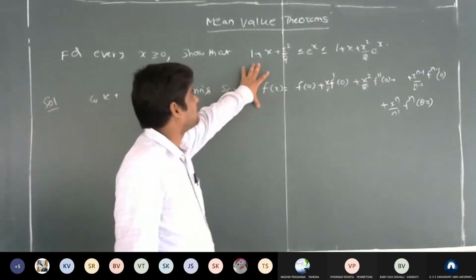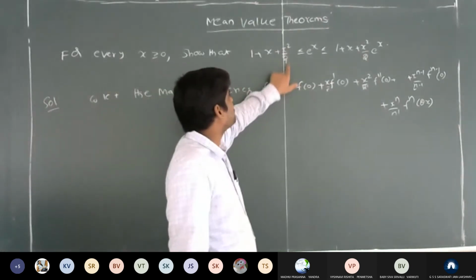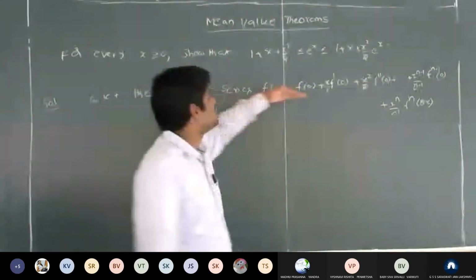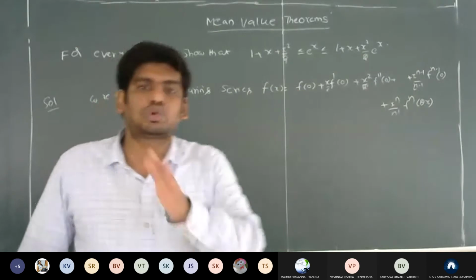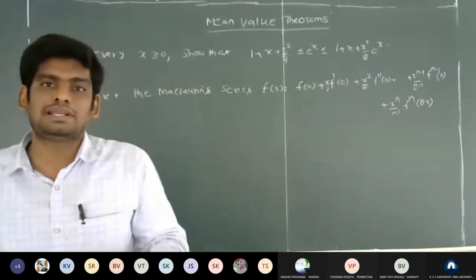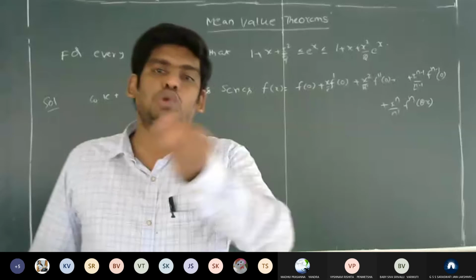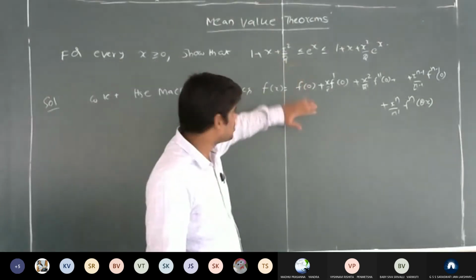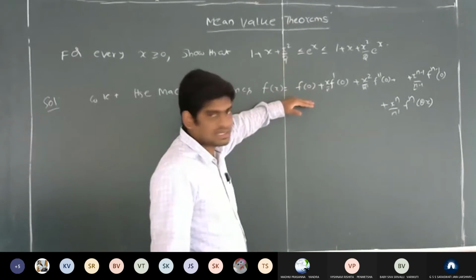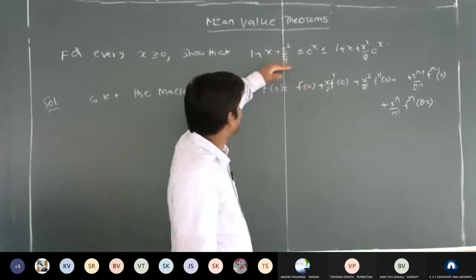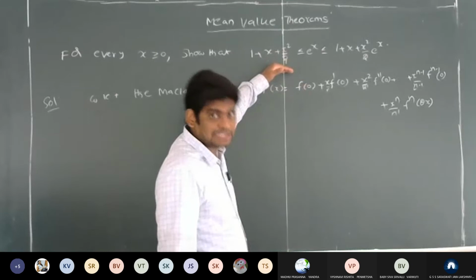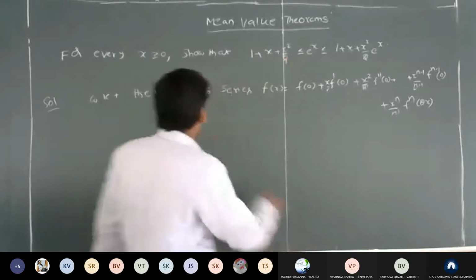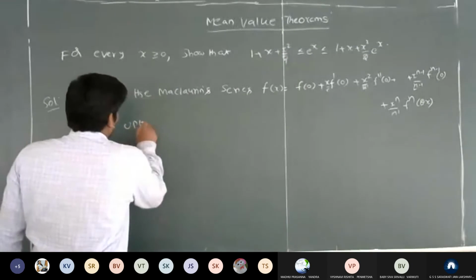But after observation of the given question, we have terms up to x square, so you will take the Maclaurin series up to 2 terms, that means up to degree 2. That is the observation from the given question. So this is the original Maclaurin series, but based on the observed question, the expansion consists of 2 terms. So therefore up to 2 terms,